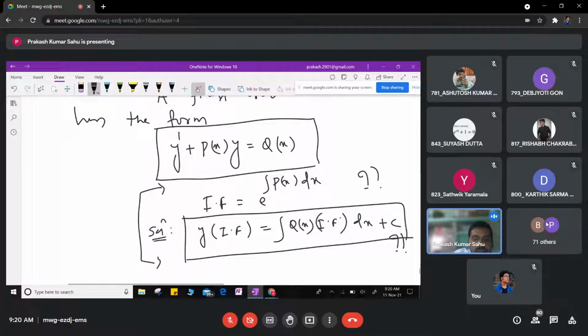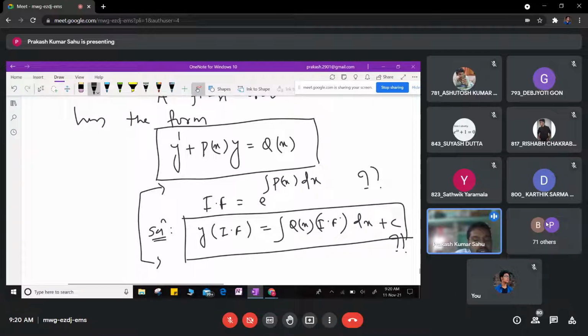Okay, because everybody knows this is the procedure. Here also, same in the syllabus. This procedure is also the same. You can easily find the integrating factor and solution. But the question is how do you get this integrating factor equal to e to the power integration of px dx? If you are finding an integrating factor, that means this differential equation is not exact.